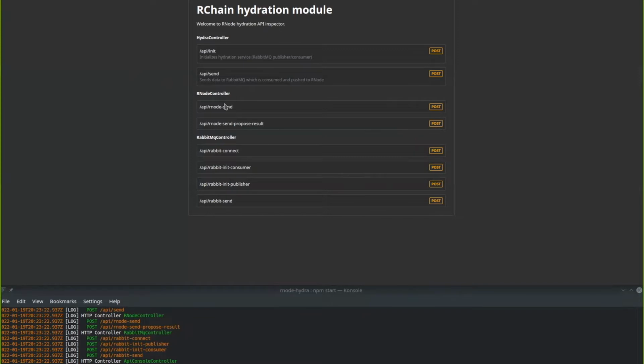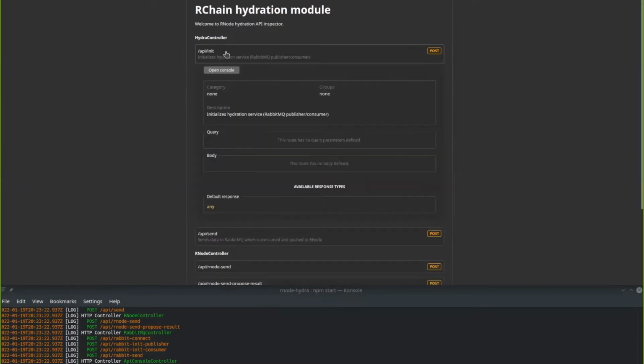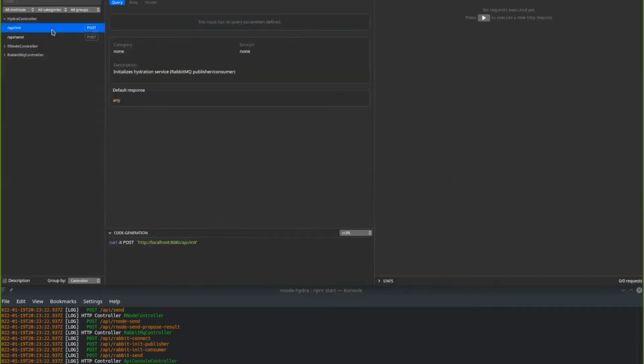I have three controllers specifically for Arnold and RabbitMQ, but the main one is this hydrate controller, and I'm calling hydration the process of importing data to the chain. What I want to show are these two main methods. The first is initialization, because first we need to set up RabbitMQ, listen for the messages, and set up the producer to accept our messages via the API.